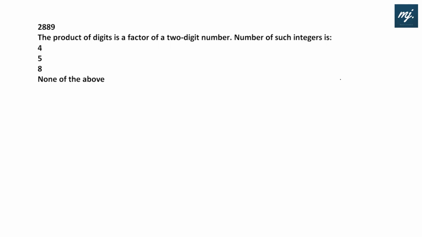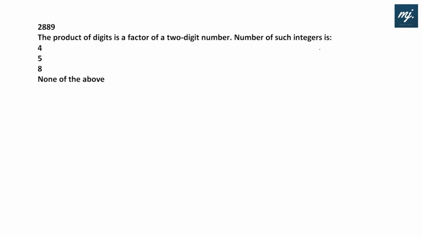Yes, deliberately I've selected a reasoning based question in this particular session because we need to practice this. Believe me, exactly, we need to. Let's see. It looks like such a simple question, but if we start developing concept around it, it's all reasoning. There is no formula to it. The product of digits is a factor of a 2-digit number.